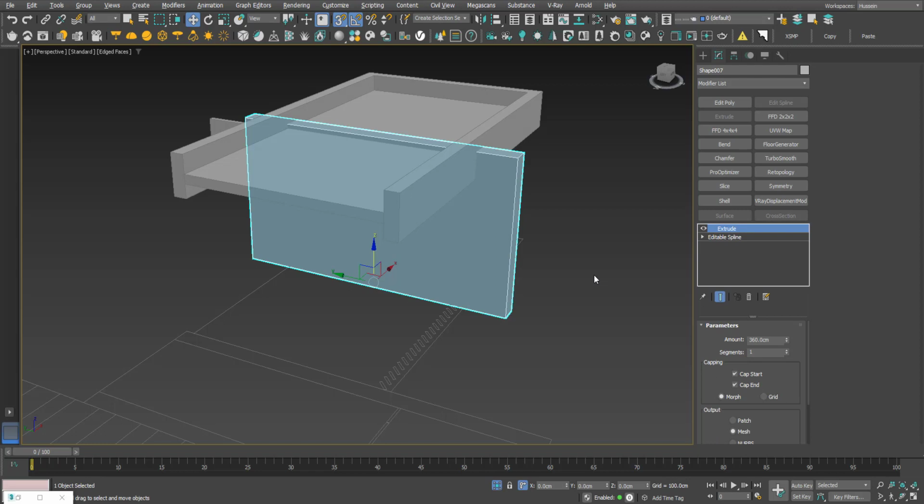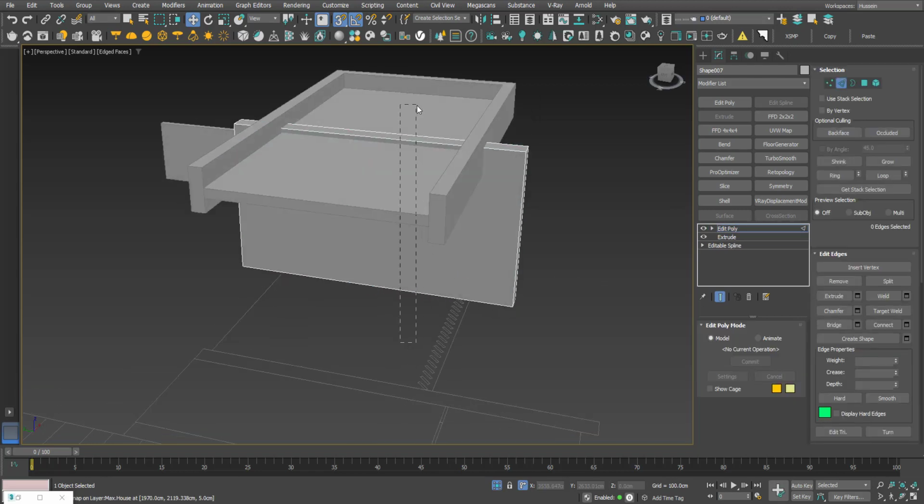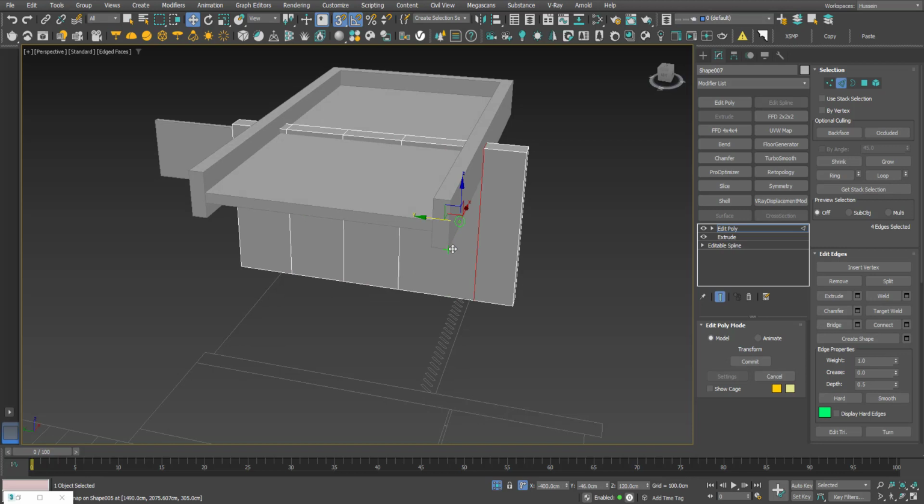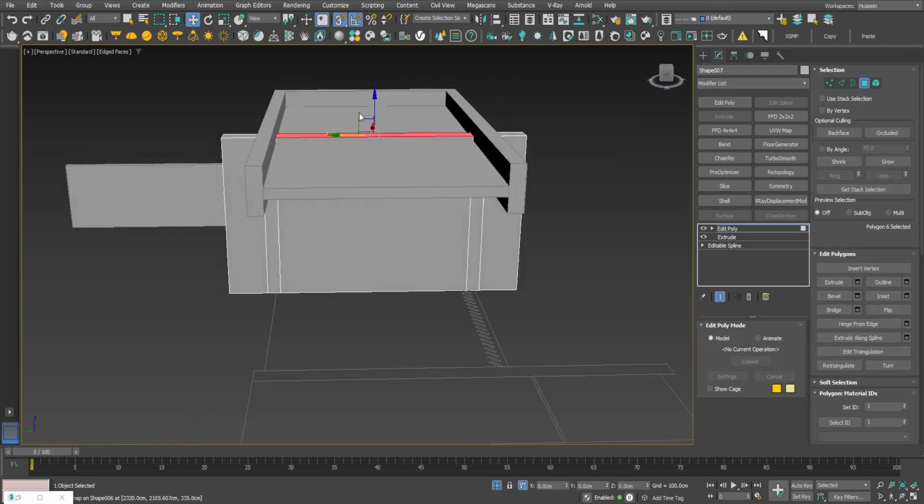Well, we can do it another way. Add a Edit Poly modifier and select this edges and connect. Select this polygon and click Shift and drag.